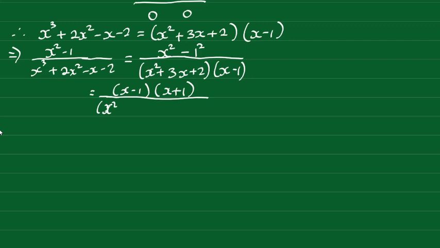Now we look for factors of plus 2 that when added together give us plus 3x, and these factors are plus 2 and plus 1, because 2 times 1 gives us 2, while 2 plus 1 gives us 3. Hence we have plus 2x plus x plus 2)(x minus 1). This in turn is equal to (x minus 1)(x plus 1), all divided by,